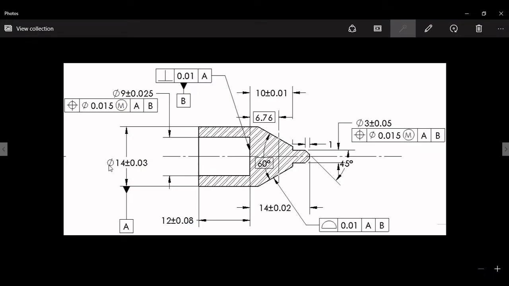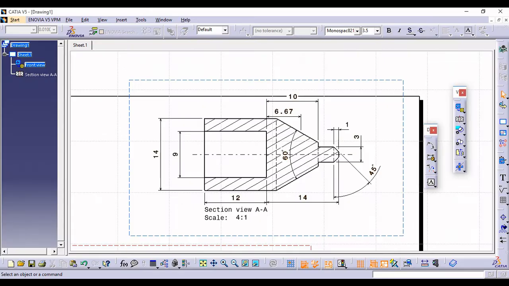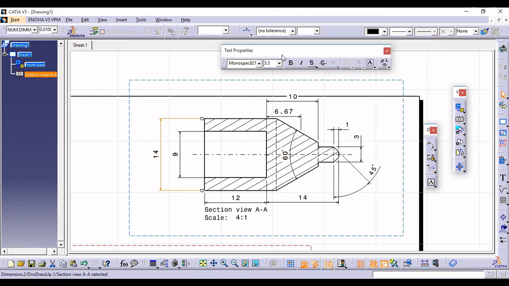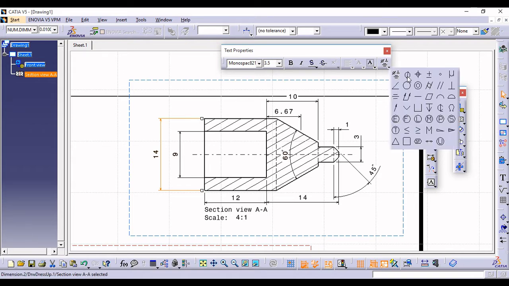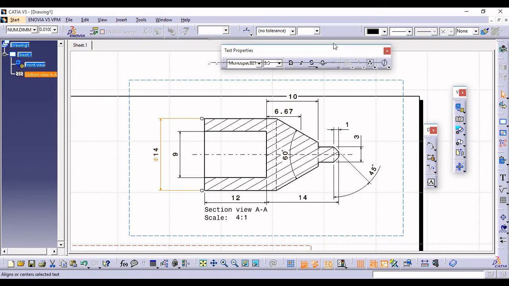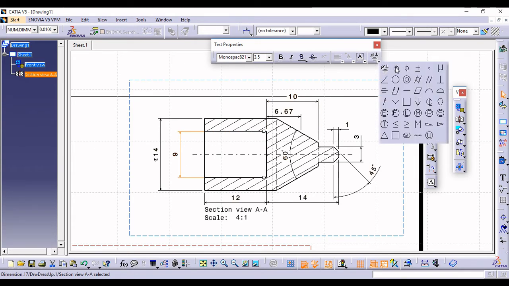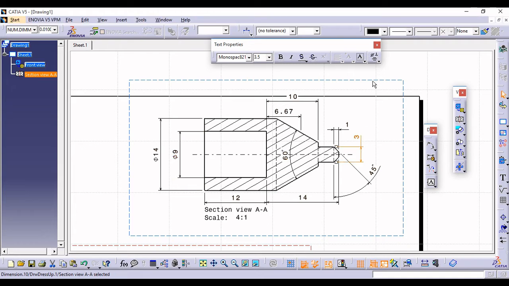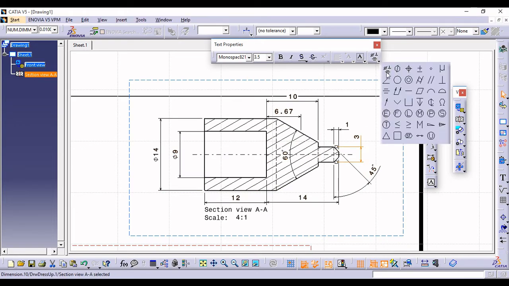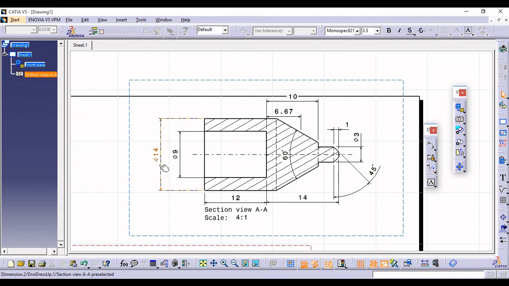Now here you find some symbol, and that symbol we normally call the diameter symbol. So simply select this one. Now in this particular toolbar, text properties, go over here and give the diameter. Right, this is the simplest method. Select this, click over here and give diameter. Similarly over here, do the same thing. Okay, fine. So in this way we can come up with the diameter.